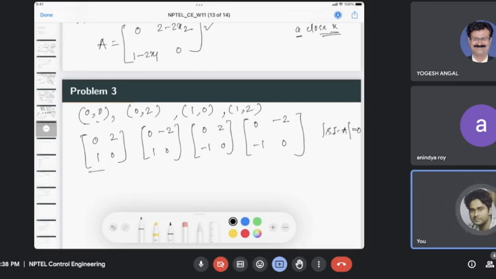So for this, it will be s, minus 2, minus 1, and s, so the eigenvalues will be 2 and 1. So both are the same sign. So for the first and the